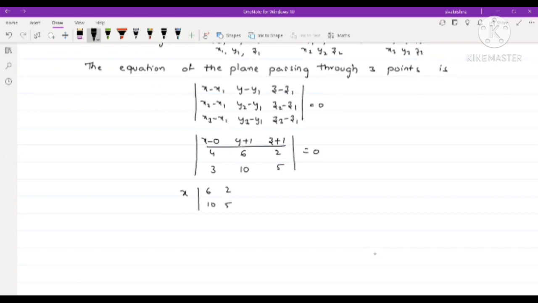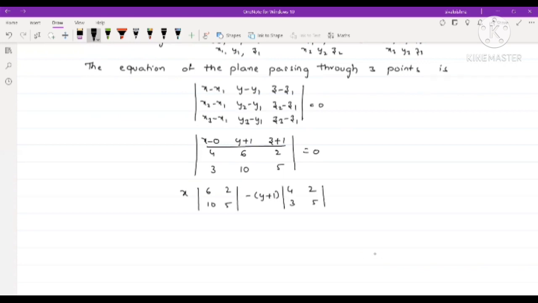We have to write those 4 elements in the determinant. Coming to the second element, that is y plus 1, we have to write minus of y plus 1. Every time we have to put minus for the second element, into, once again we close the corresponding row and the corresponding column of y plus 1. Once again there are 4 elements remaining in the determinant, and those 4 elements are 4, 2, 3 and 5.